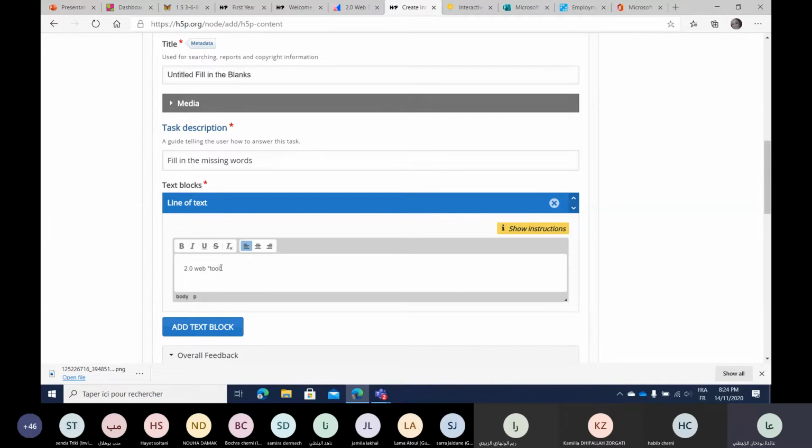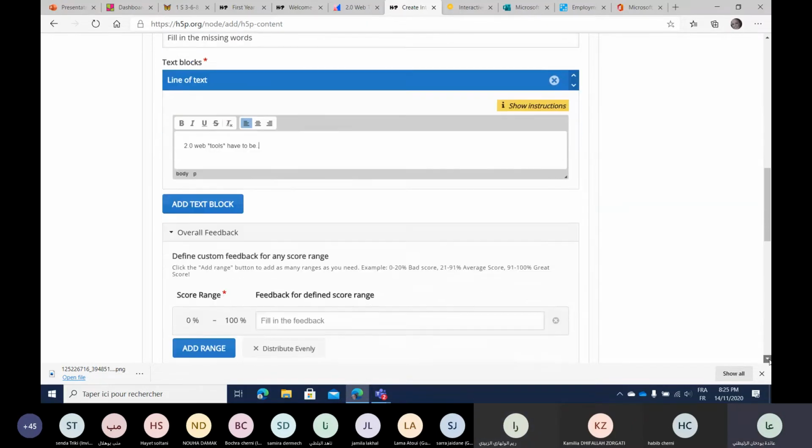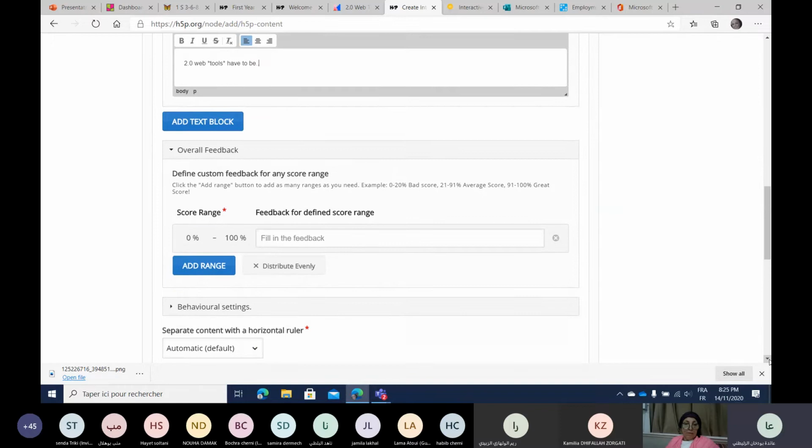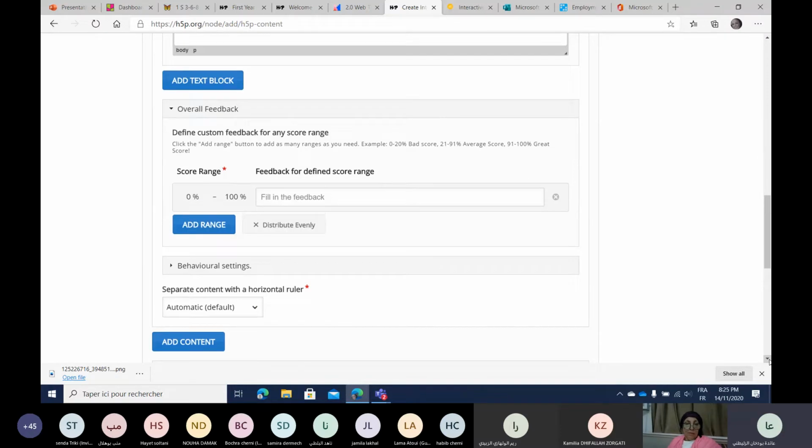Then when saving my tools, etc. So I can, no matter if the text is long or short, you can use single sentences, simple sentences,